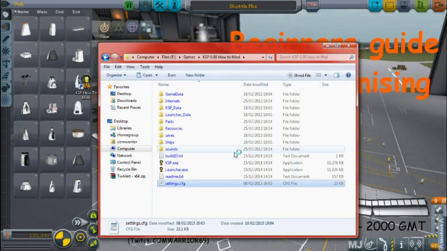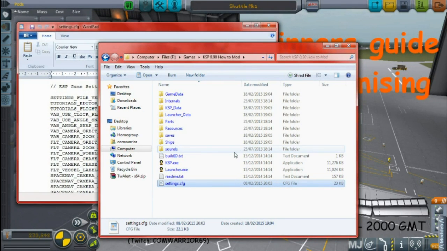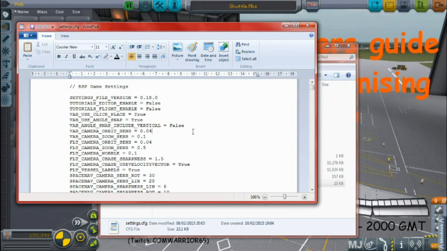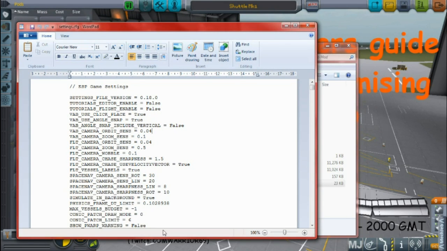So just click on WordPad, click OK. And hey presto, it fetches it up. Now, most people will not want to change anything in here, because everything in here is all done through the settings menu within the game itself. However,